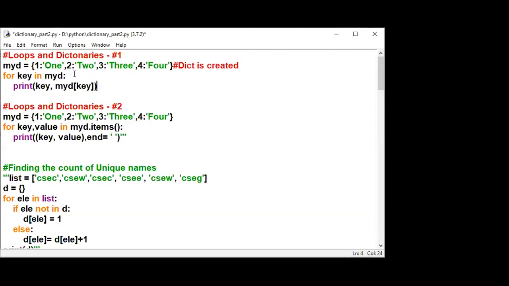In the previous method, you are accessing the dictionary key by key and printing its value also. Whereas in the second method, we are accessing the key as well as the value from the list of items of the dictionary. Here you are reading it from the dictionary, but here you are reading it from the list of items of the dictionary. So there are two methods to iterate among the key value pairs of the dictionary.